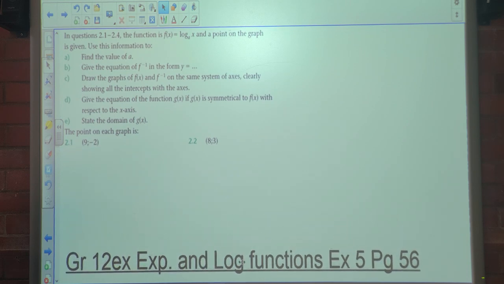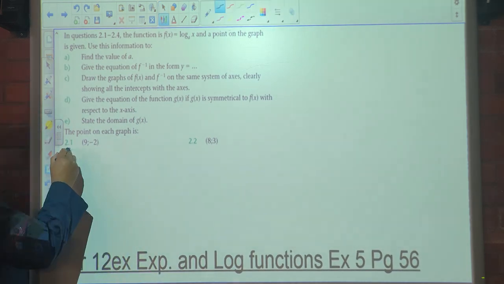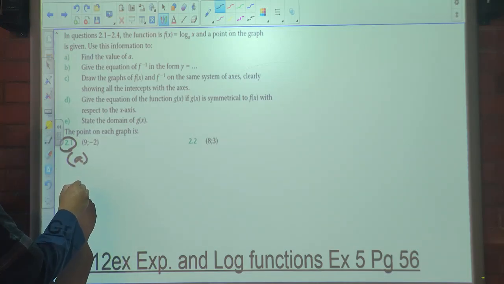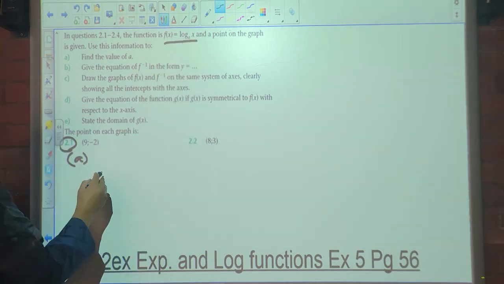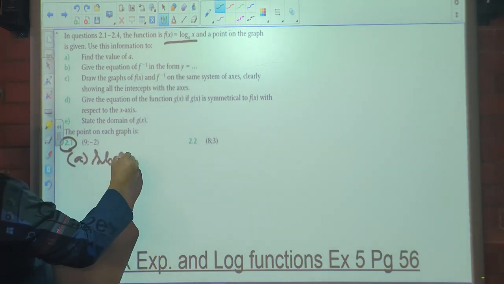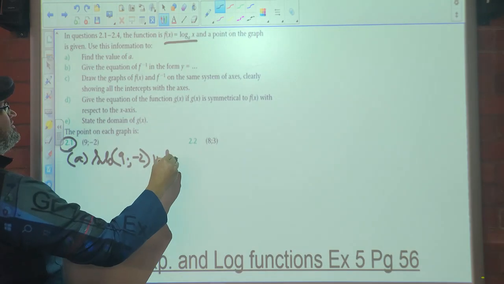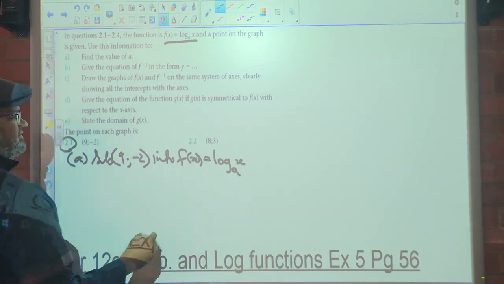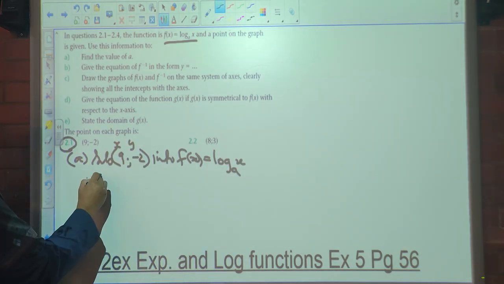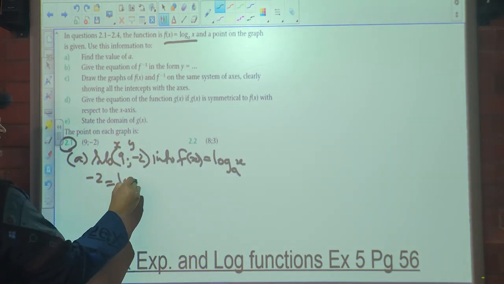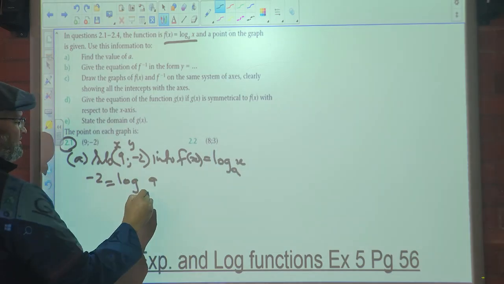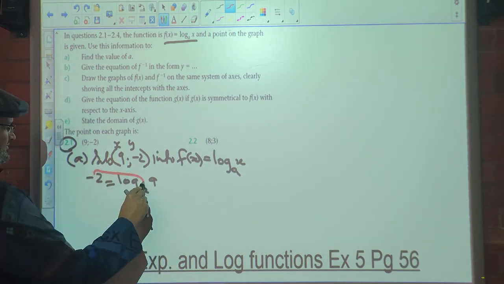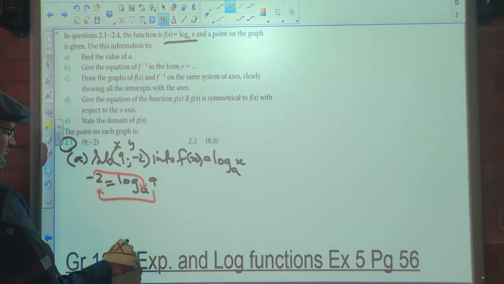Alright, so find a. So for 2.1, a, that is the function. So we'll substitute 9 and negative 2 into f of x equals log x base a, remembering that's an x and a y. So negative 2 is equal to log x, which is 9, base a. So I'm going to convert this to exponential. So 9 is equal to